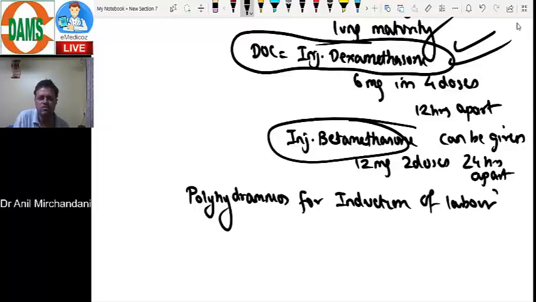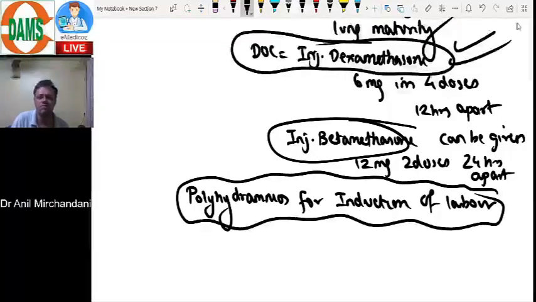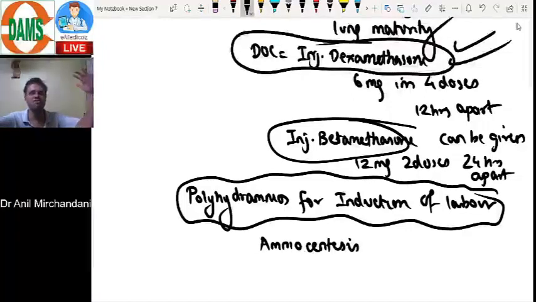Suppose if you want to induce labor due to any reason whatsoever, this patient who has polyhydramnios, when she goes into labor and if membranes get ruptured, sudden gush of fluid can happen, and sudden gush of fluid can cause cord prolapse, can cause abruptio placenta, can cause malpresentations. So what do you do for induction of labor? Amniocentesis. It will remove the fluid. The bag which is full of water will decrease in size.